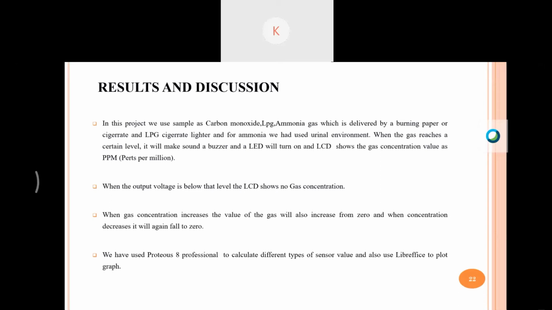And from the datasheet, the current passing through this sensor is directly proportional to the concentration of the gas given to the sensor, in ppm, parts per million, or milligrams per liter. So when we give very high smoke or gases, its output voltage is increased from 0 to 5